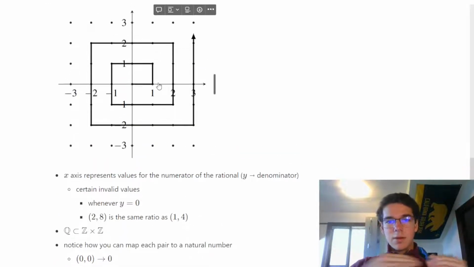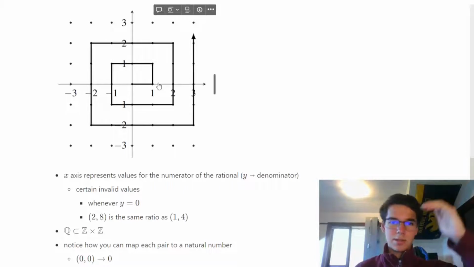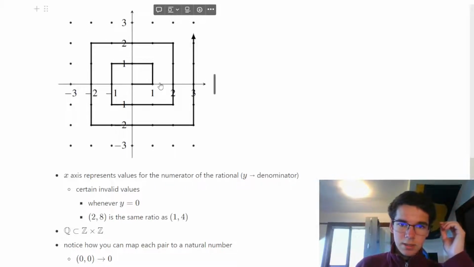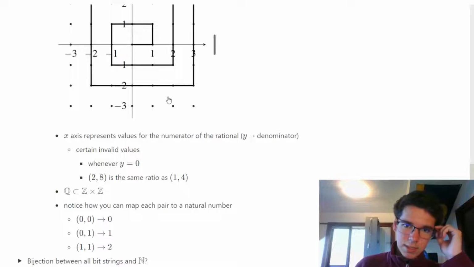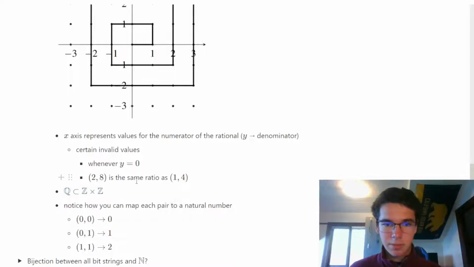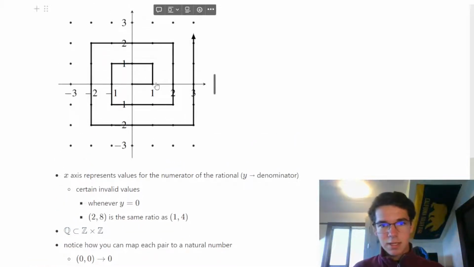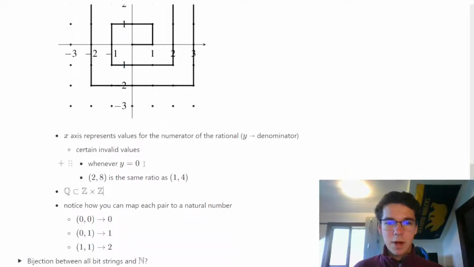Because we have all possible z's in the x direction and then all possible z's in the y direction. And we know that for the set of natural numbers, that's expressed here. Or sorry, for the set of rational numbers, some of these don't exactly work. For example, when y is equal to 0,